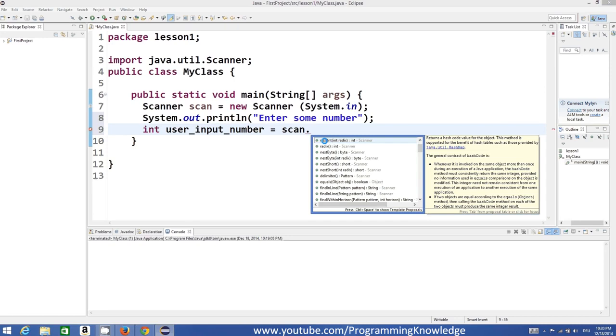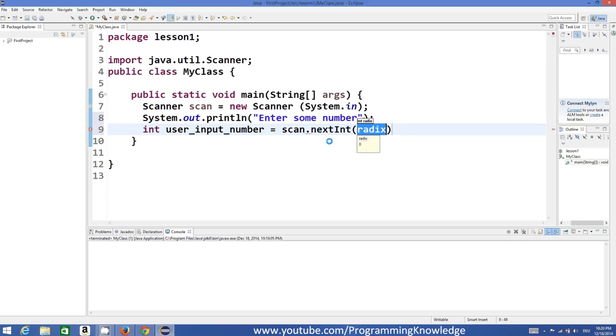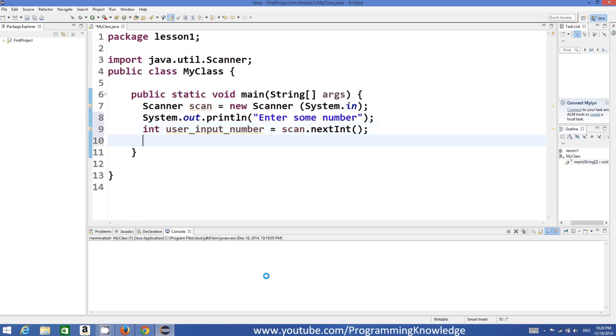So we are interested in taking numbers as an input. So just search for nextInt. Okay, nextInt, and then just give this semicolon here,